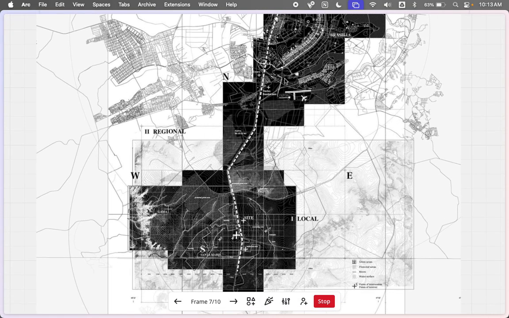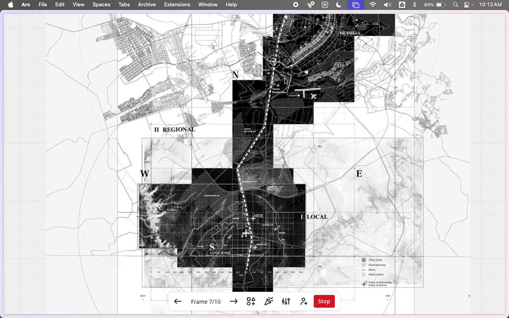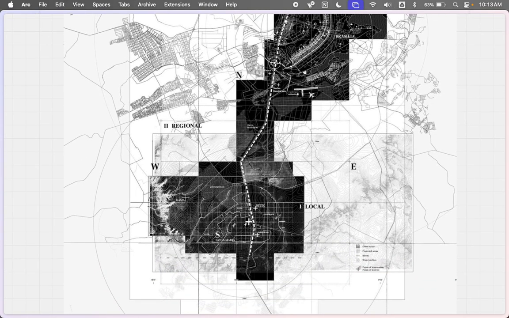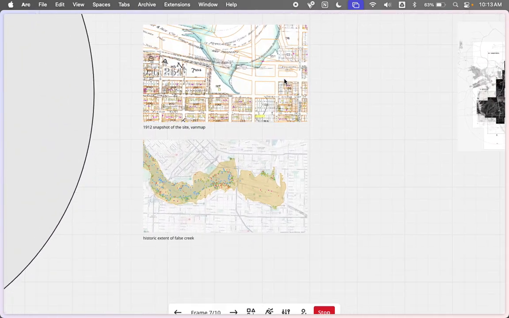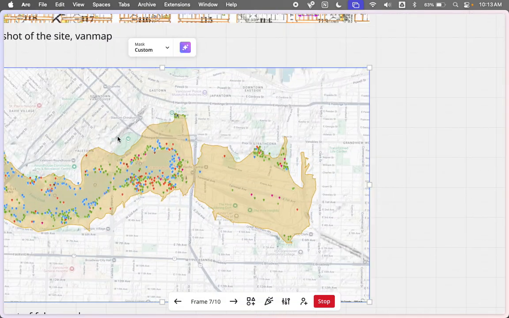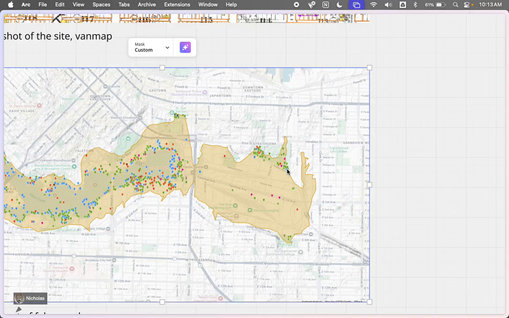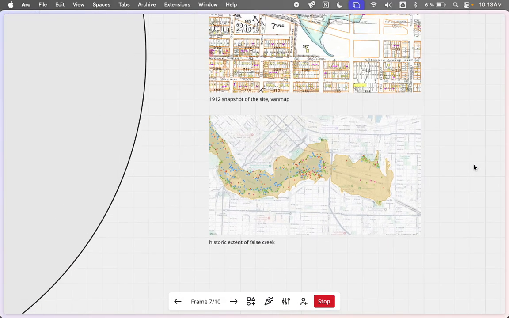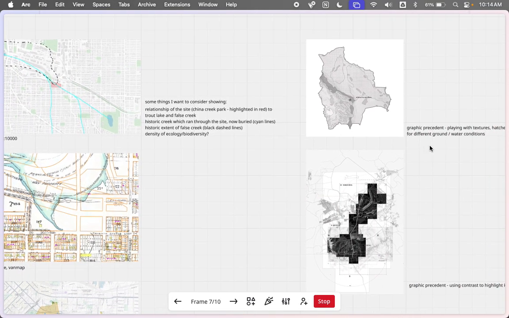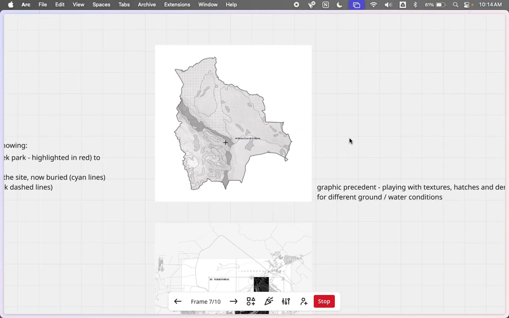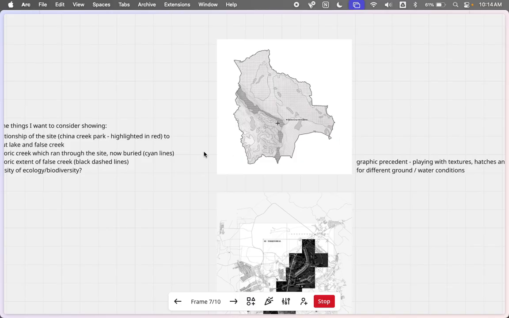I think the calling out areas of focus to draw your eye inward, and especially to talk about the bounds of where the creek used to be, could be a cool strategy. So like using this orange shape to map out that higher contrast boundary could be super interesting. And yeah, I think this would be a really great use of texture, especially if you're looking more specifically at